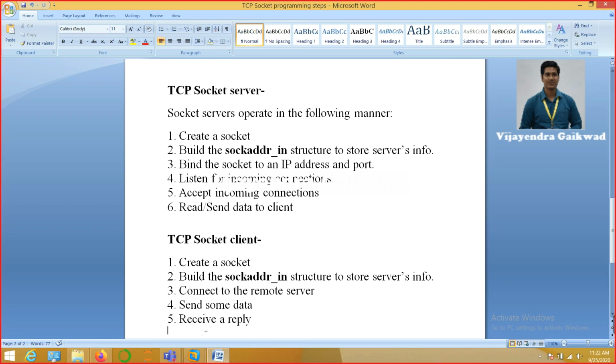Then the data is transmitted until either of the ends terminates the connection. And then finally, the connection will be terminated with the close system call.